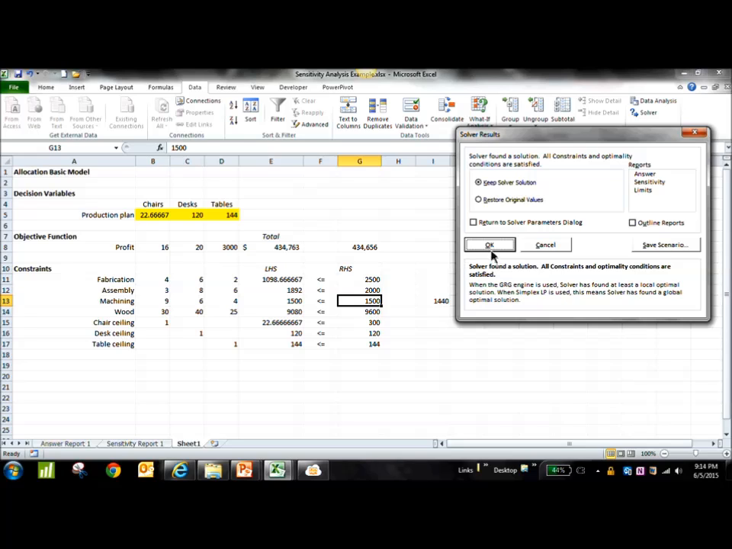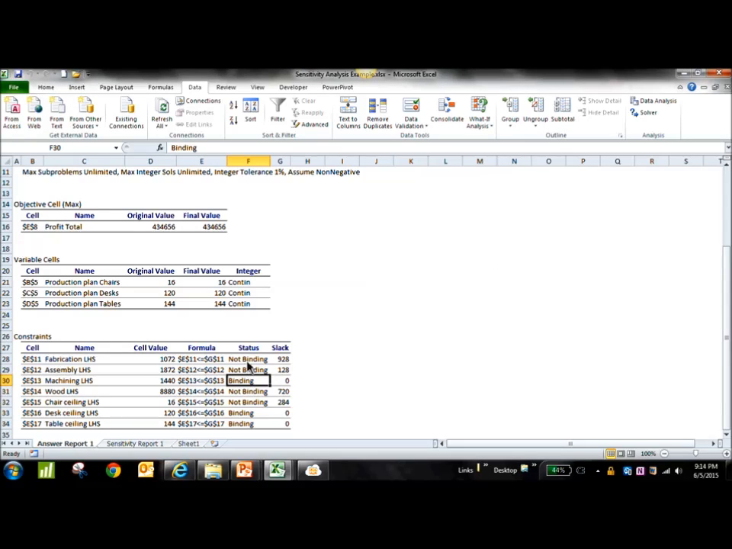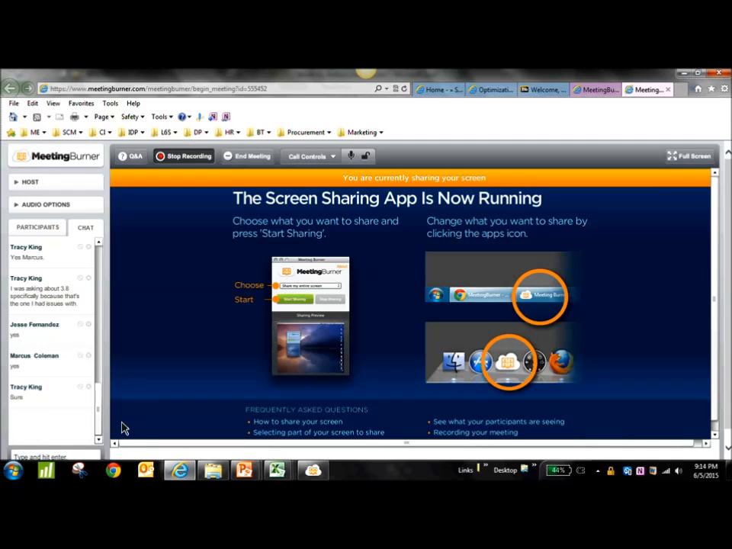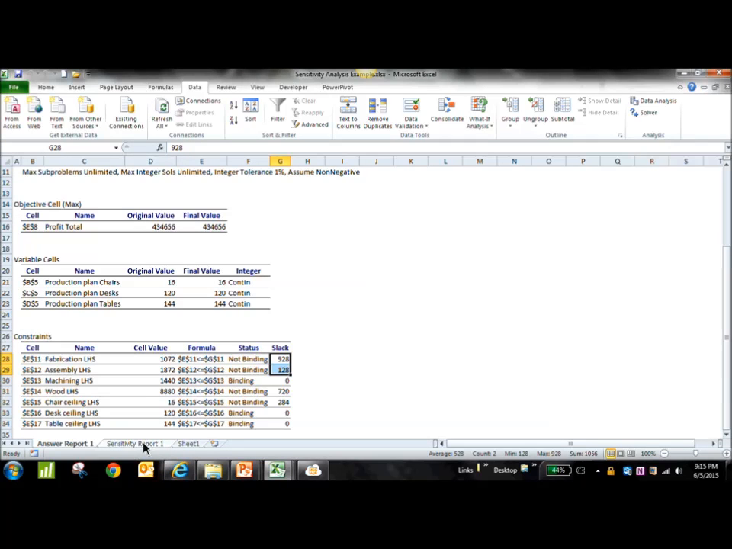Okay? So this is what we use the answer report for, just to figure out what are the variables that are binding and what are the variables that are not binding and having a slack of a certain amount. Okay? Any questions about the answer report before we move on? Okay, so